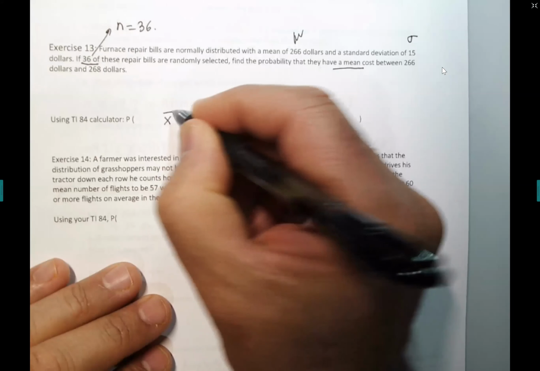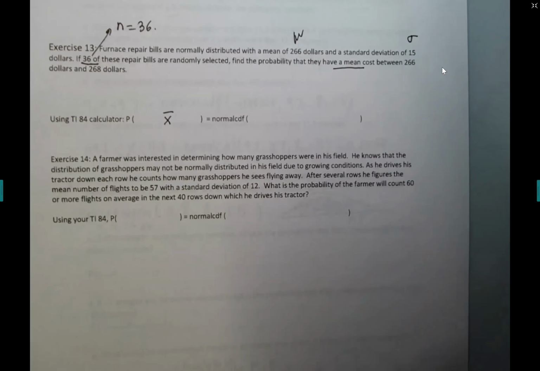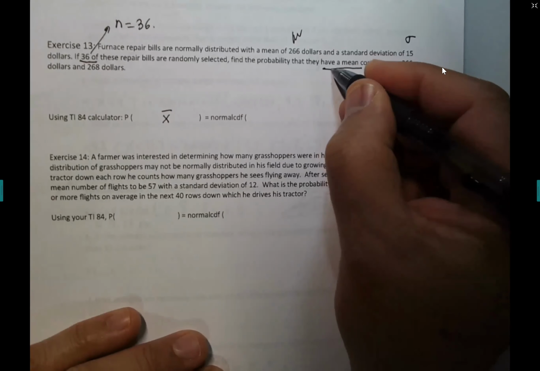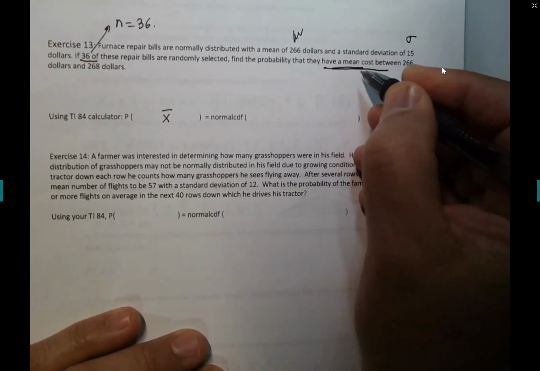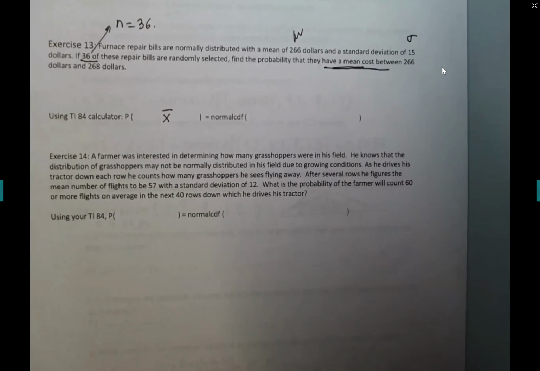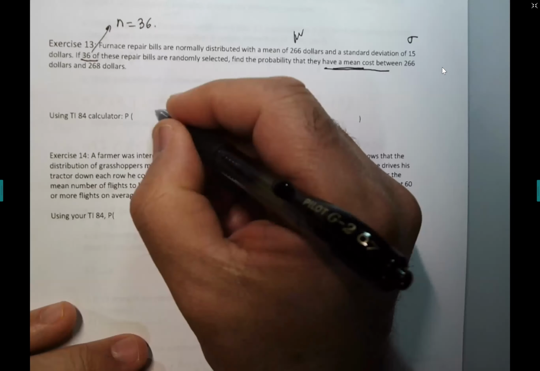So guys, the only difference from the previous section is that in section 5.4 he will be asking you about the probability of the sample mean, a probability of X bar. And how can you tell? Look, this is the word, guys: they have a mean cost, so the X bar, between 266